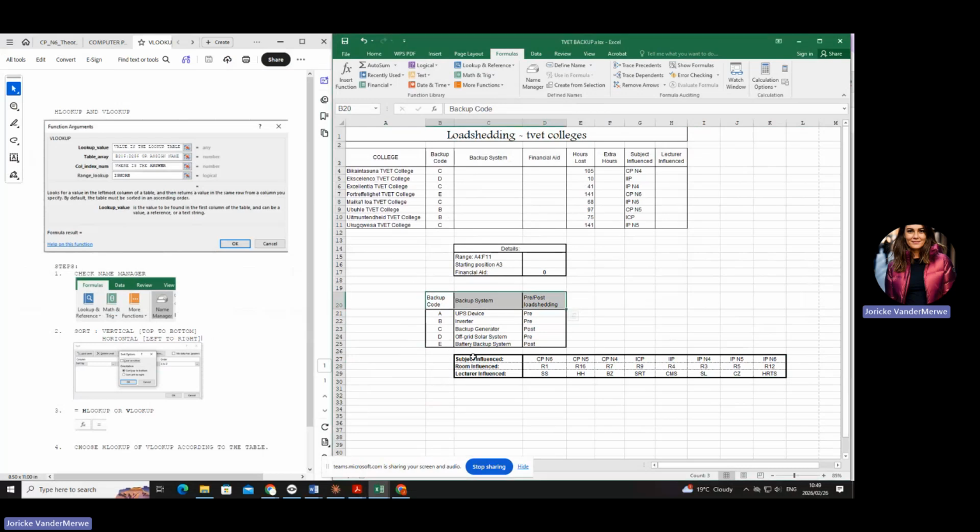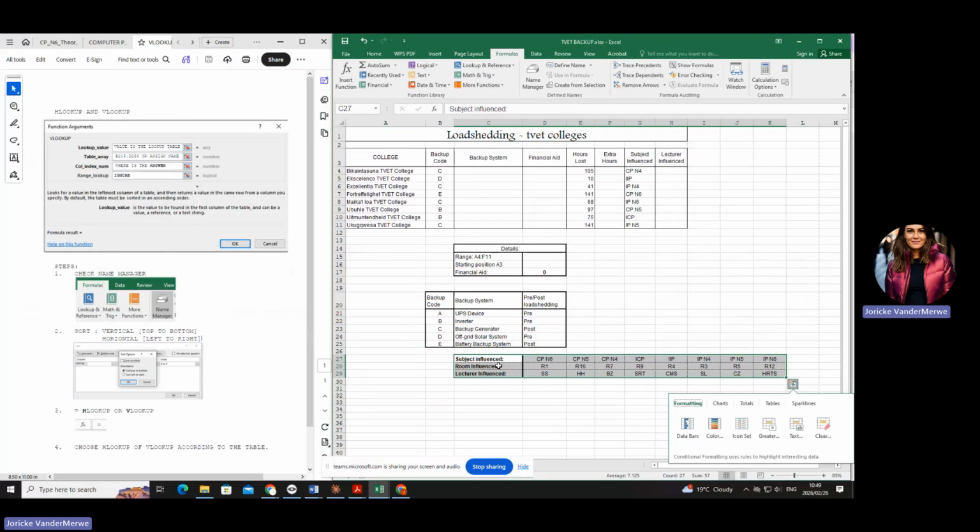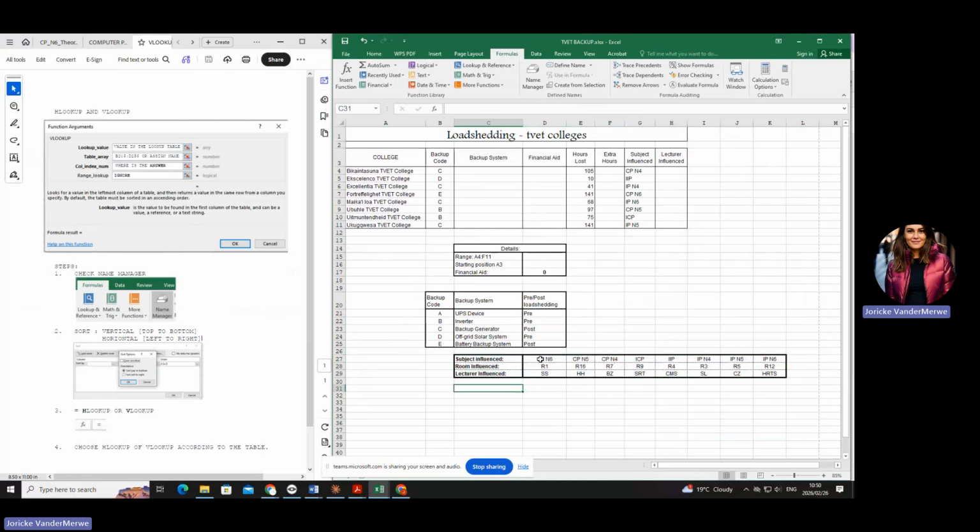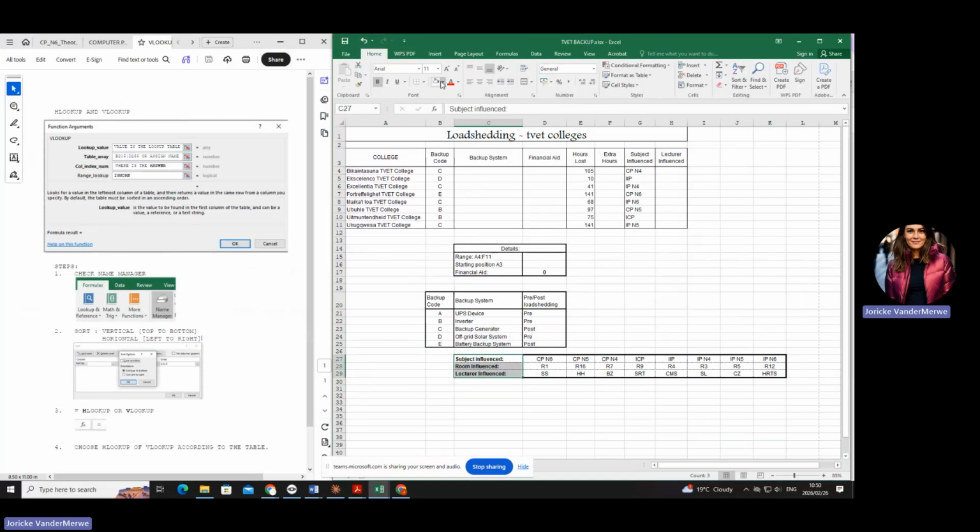When you are renaming your table, it includes everything and the headings. If you're sorting the table, the headings for a horizontal table will be those yellow ones. For a vertical table, it will be those headings. So if I sort, I'm going to sort only that part.